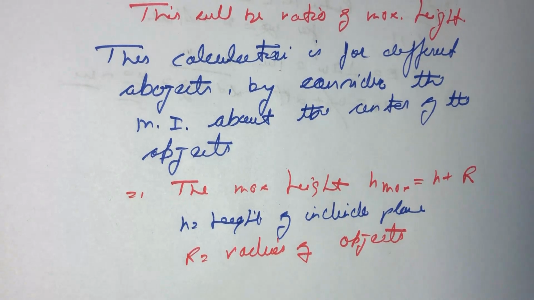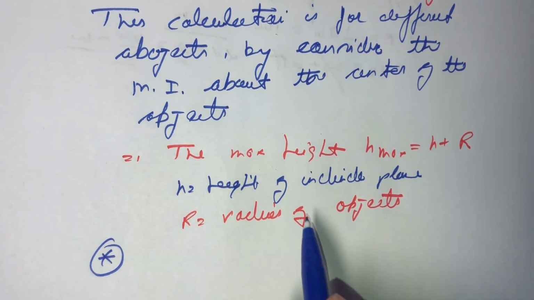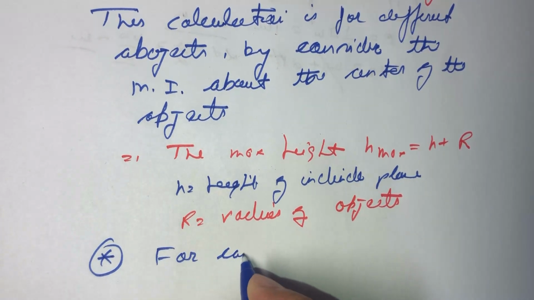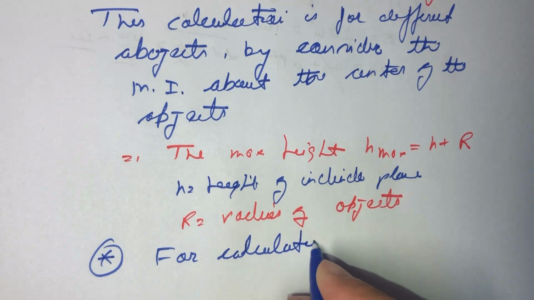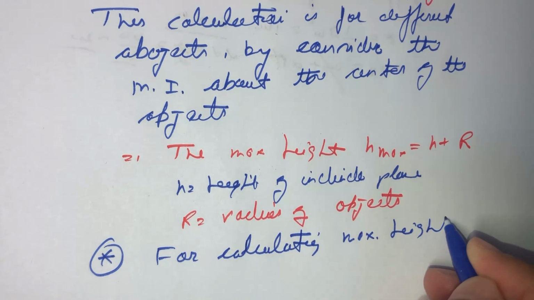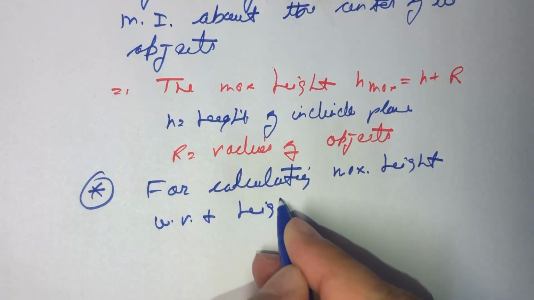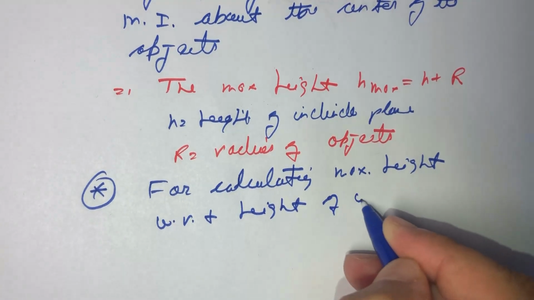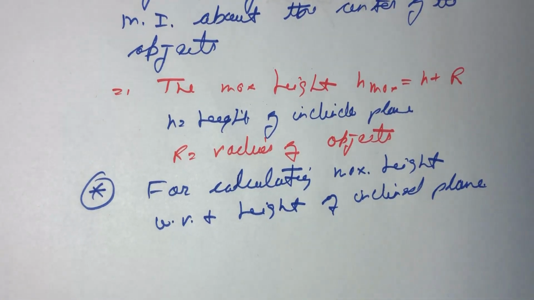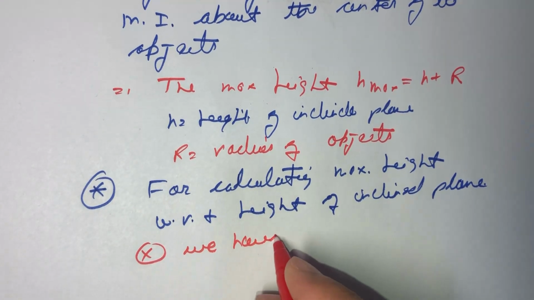Now in case we want to find out only h, or we can say with respect to the height of the inclined plane, for calculating maximum height with respect to the height of the inclined plane,